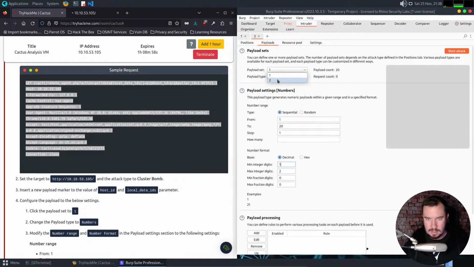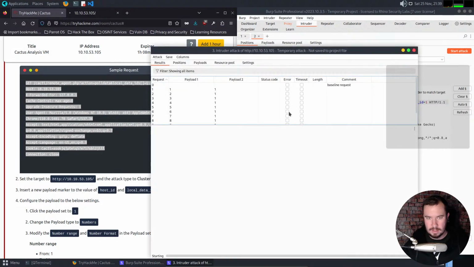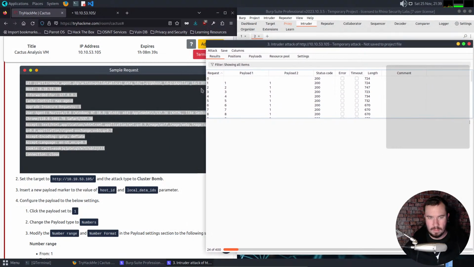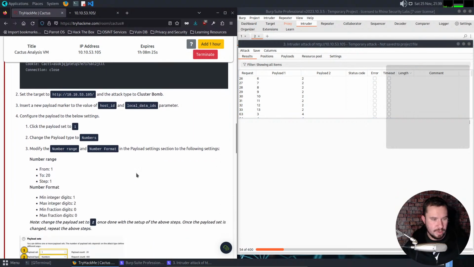Minimum digits on that. Same thing for payload 2. Numbers 1 to 20 by steps of 1. Minimum digits just like that. We have our 2 spaces. Start attack. Still not going the fastest, but it's going faster. We'll just let it do its thing, and we'll read ahead to understand exactly how we're going to use this